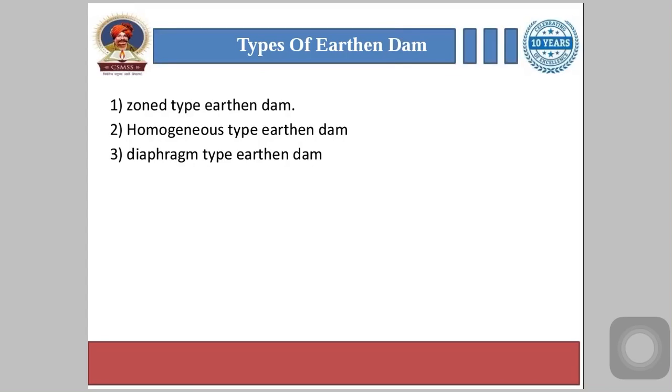This type of embankment may be placed either at the center as a central core or at the upstream face as a blanket. So, these are differentiated from the zone type depending upon the thickness of the core. If the thickness of the diaphragm at any elevation is less than 10 meters or less than the height of the embankment above the corresponding elevation, then the dam embankment is considered of this type. But if the thickness equals or exceeds this limit, it is considered to be zone type embankment.